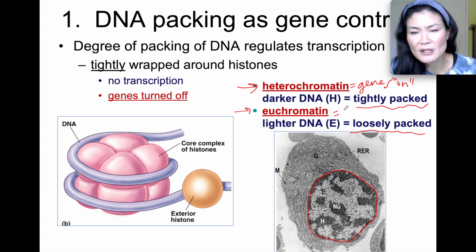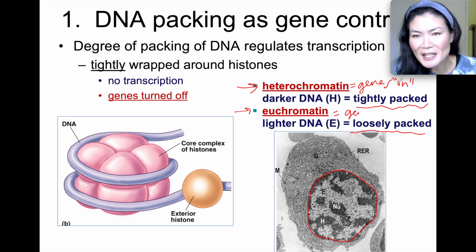Whereas the euchromatin is where the genes are actually, oops, I have it the other way around. So if it's tightly packed, you guys erase what I just said, okay? Here we have the genes. Heterochromatin is where it's tightly packed, so the genes are off, okay? It's so tightly packed that the RNA polymerase cannot get in there, and so those genes are not easily accessed by the RNA polymerase, so the genes are off. Whereas in euchromatin, it's loosely packed, it's lighter DNA. Those are the genes that are on, okay? I'll have to listen back to what I just said, and maybe I can edit it.